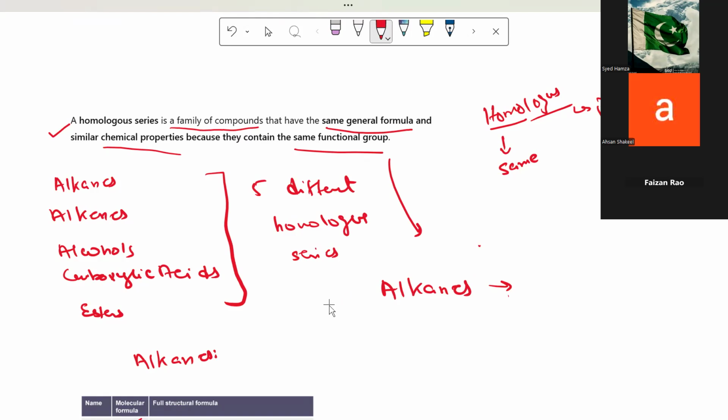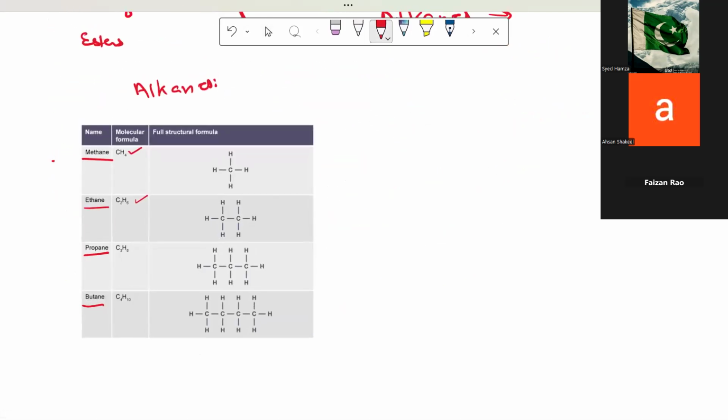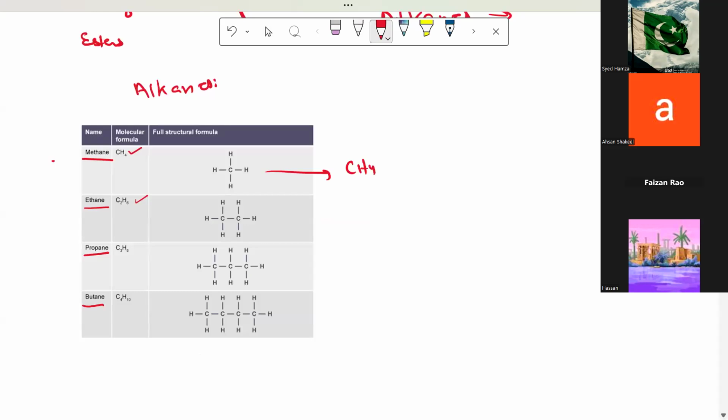Now, if I were to show you a molecule of alkane, this is how CH4 looks. This is a molecule of alkane, CH4. Now, what we're trying to understand